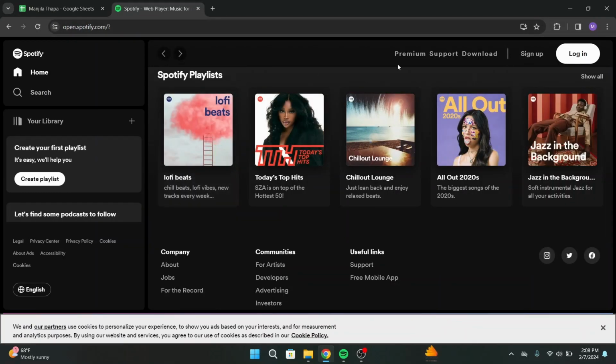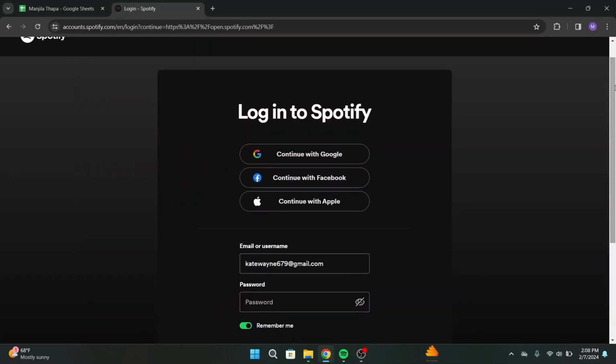Now, in order to log in, head over to the upper right corner of this interface. There you will get a login button. Click over there, and from this login page, in order to log in with your Facebook account, click on Continue